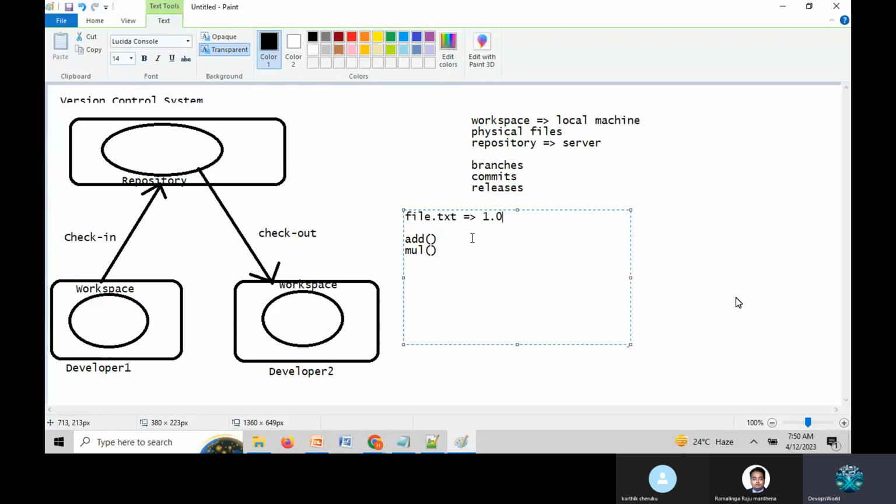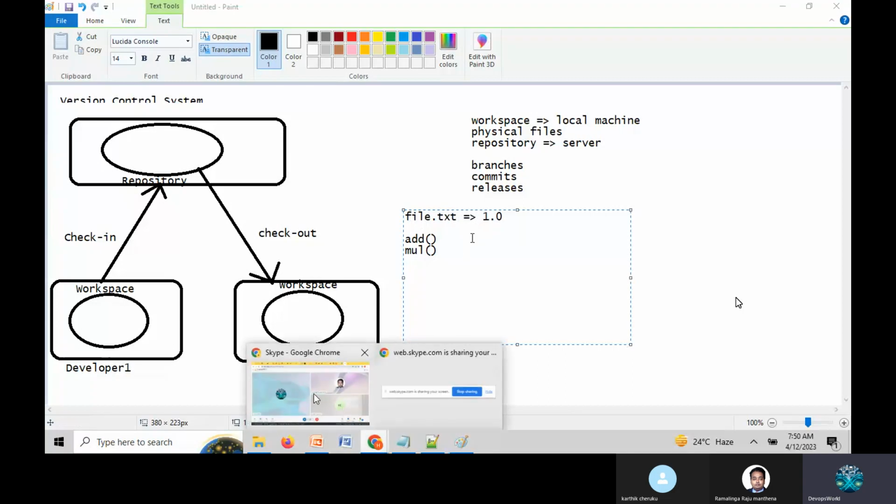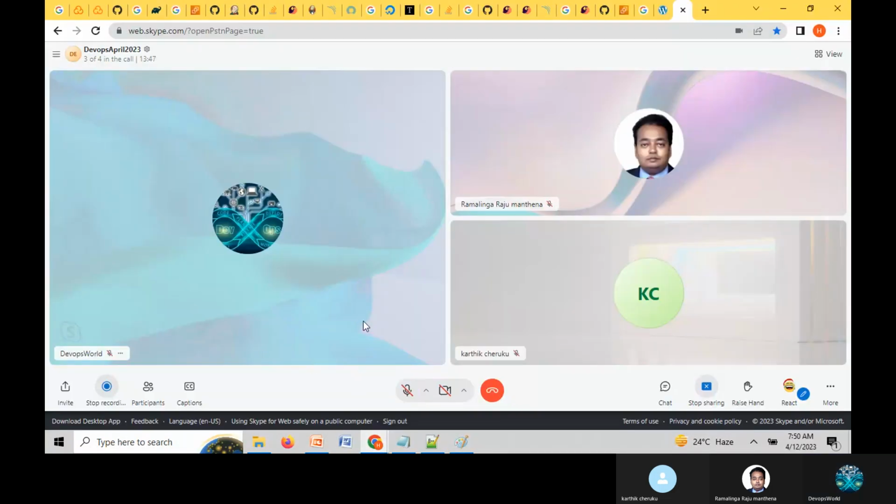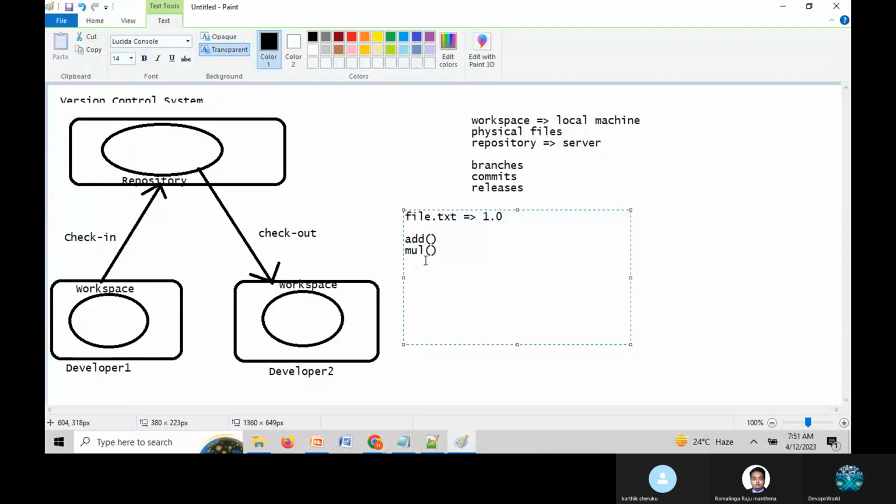This is very, very important. The add and multiplication functionalities can be contained in one version.